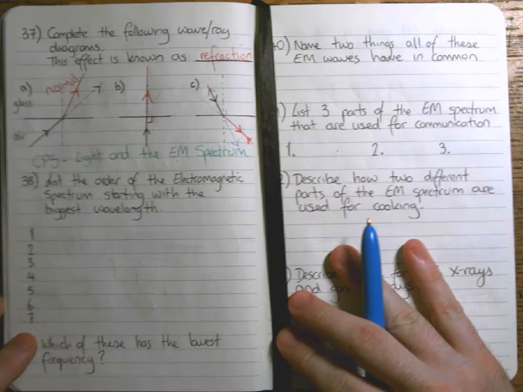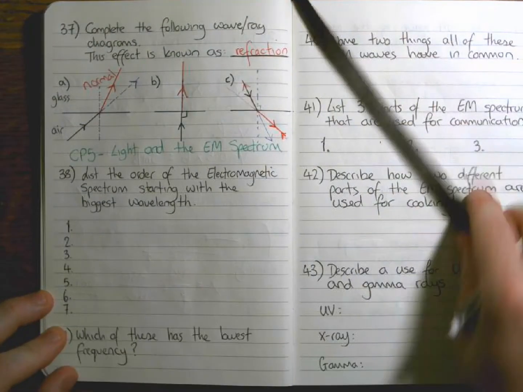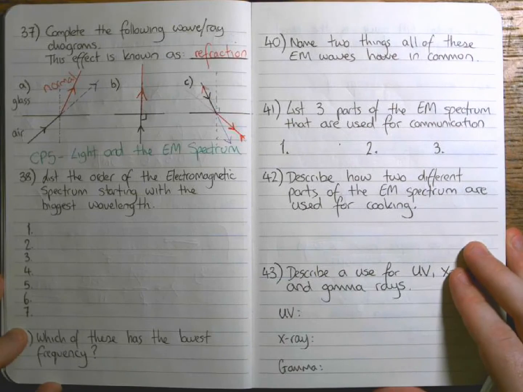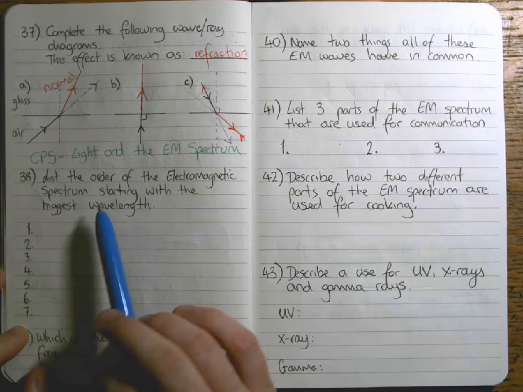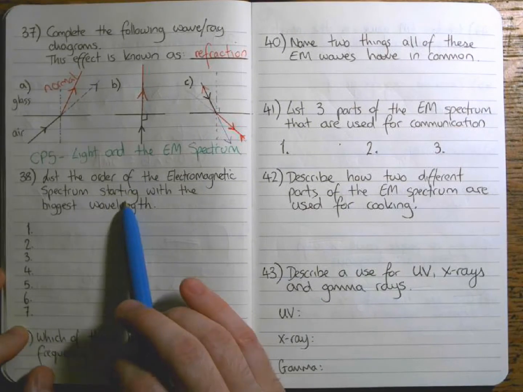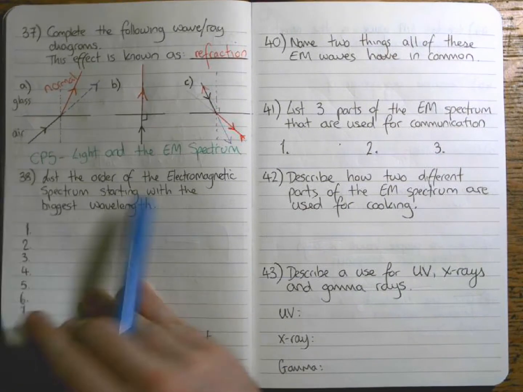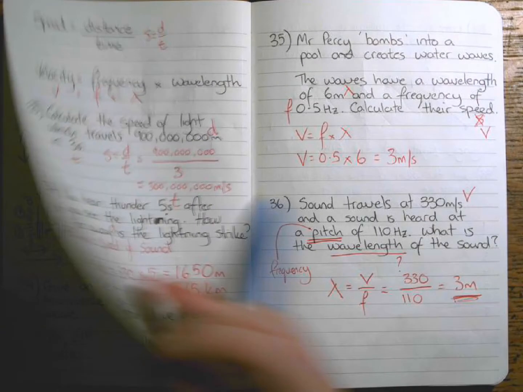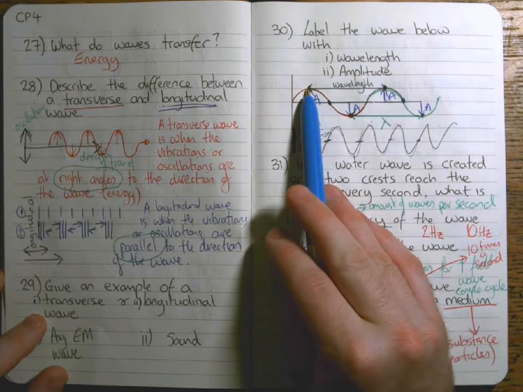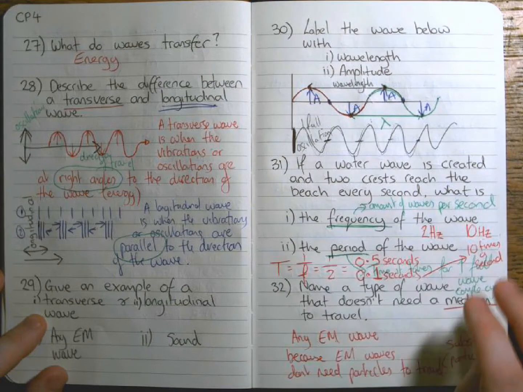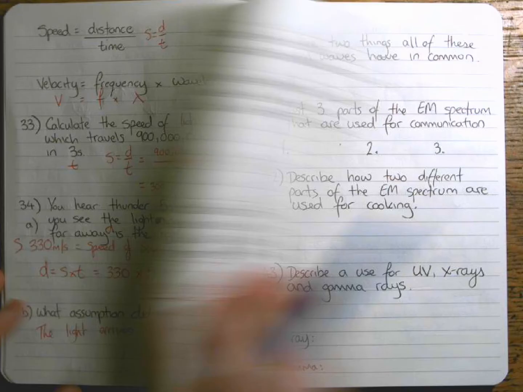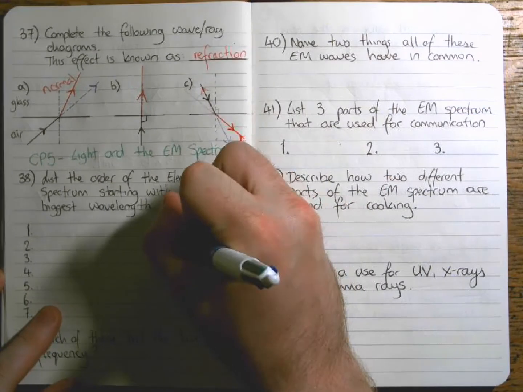Okay, so first question, let's dive straight in. The question is, list the order of the electromagnetic spectrum starting with the biggest wavelength. Now remember, wavelength is the distance from one peak to the next, or from one trough to the next. So the biggest wavelength is going to be this one,